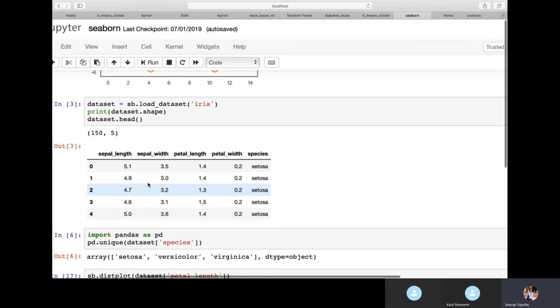Now see, this data set tells you about different types of iris flower. There are three types of iris flower: Setosa, versicolor, and virginica. And here it shows, based on sepal length, sepal width, and petal width, which type of flower it is. Usually this data set is used for classification. We'll understand more about classification problems when we learn statistics.